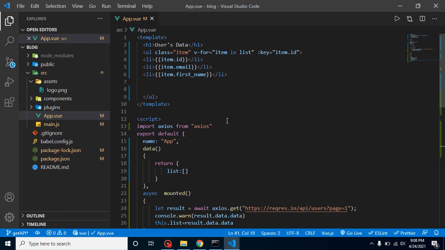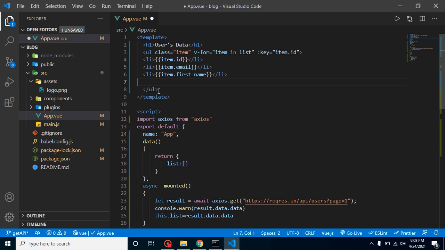So now what we can do here, we can also apply one more li for the image. So let me close it and take here a li, image. And as we know, an image must have a src, and we can simply take a colon before it so that it works like a proper dynamic URL.